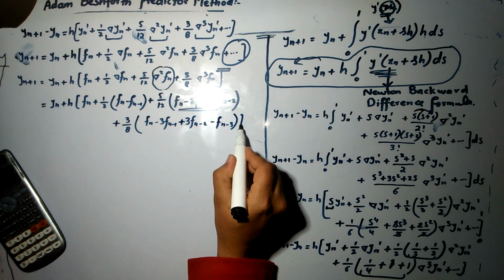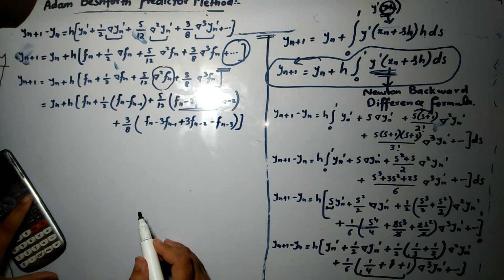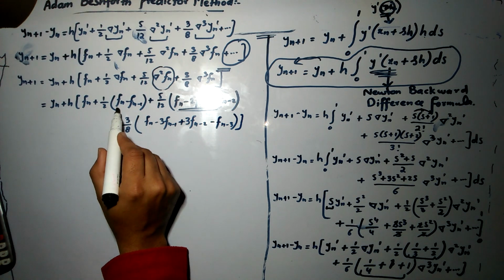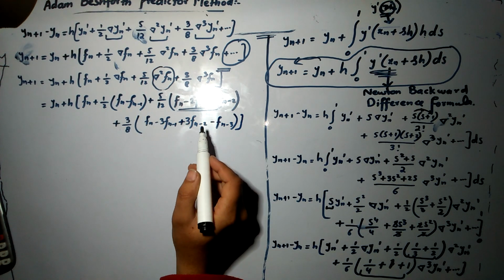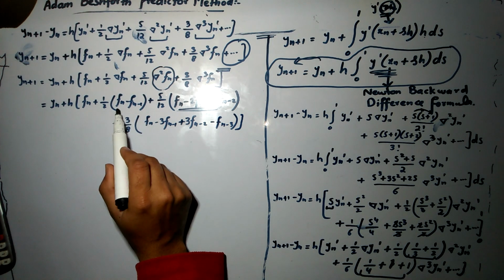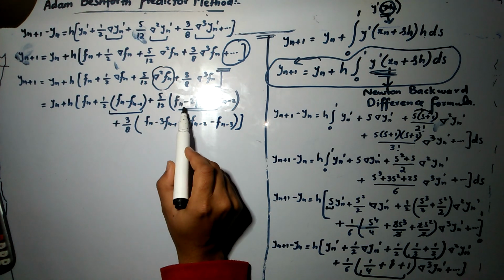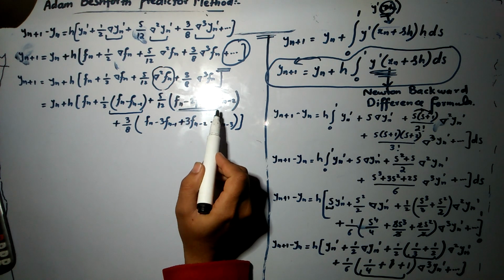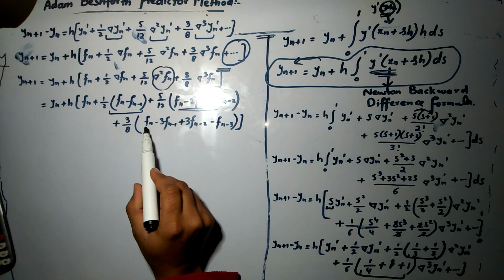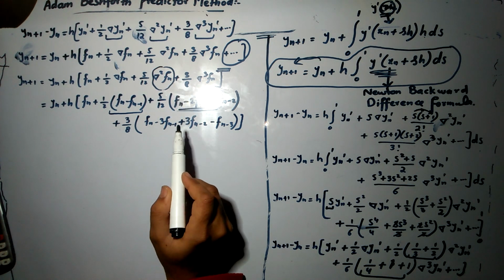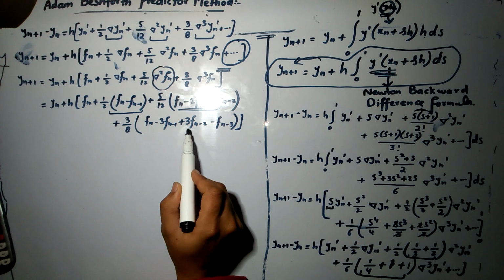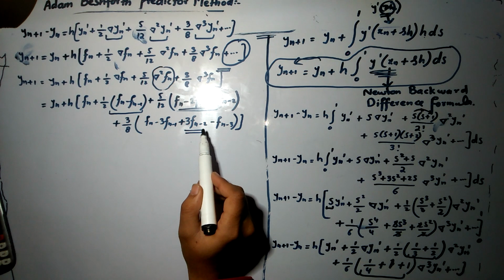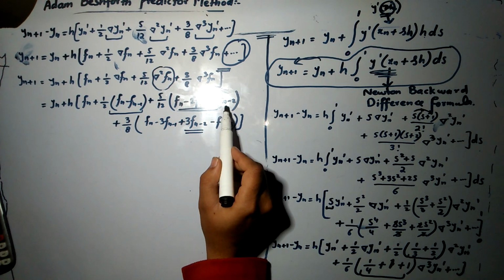So further we will separate f of n minus 1 and f of n minus 2. Simply, here this will be f of n minus f of n minus 1, this will be f of n minus 2 f of n minus 1 plus f of n minus 2. In the third, this will be f of n minus 3 f of n minus 1 plus 3 f of n minus 2 minus, all the values are minus but f of n minus 2 here and in this expression also